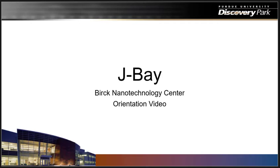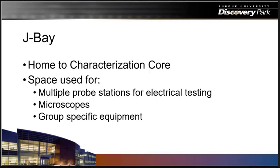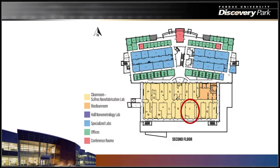This is the orientation video for Burke Nanotechnology Center's J-Bay. J-Bay is home to the characterization core. It has multiple probe stations, including some owned by specific groups, microscopes, ovens, and other equipment owned by specific groups. J-Bay is located on the south side of the second floor of Burke, with the entrance located in the walkway